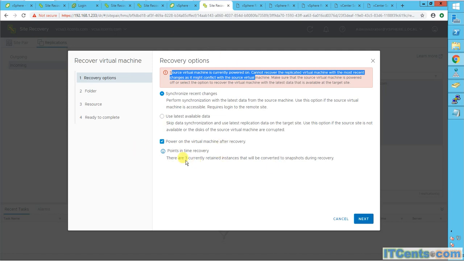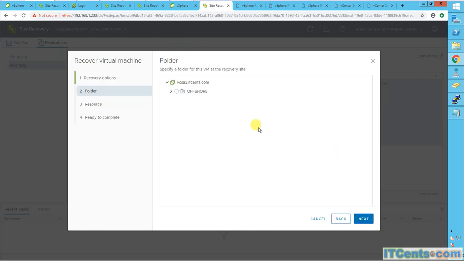Let's do it with this wizard. So next, specify the folder for this, either over here or the discovered virtual machine. I'm fine under offshore,